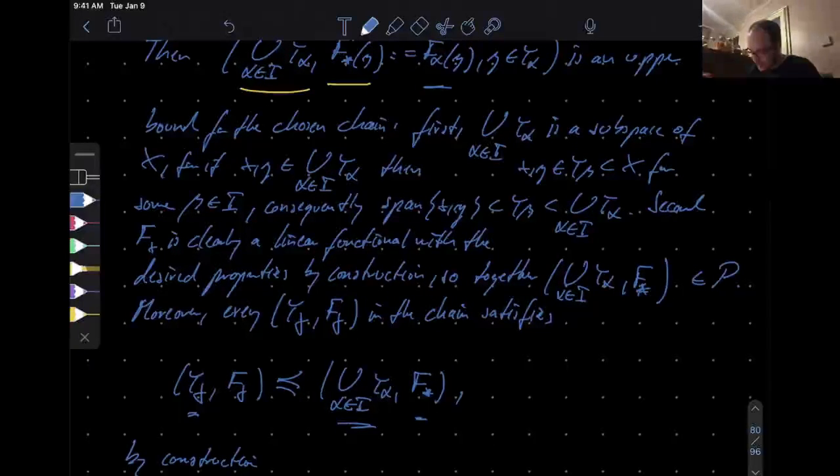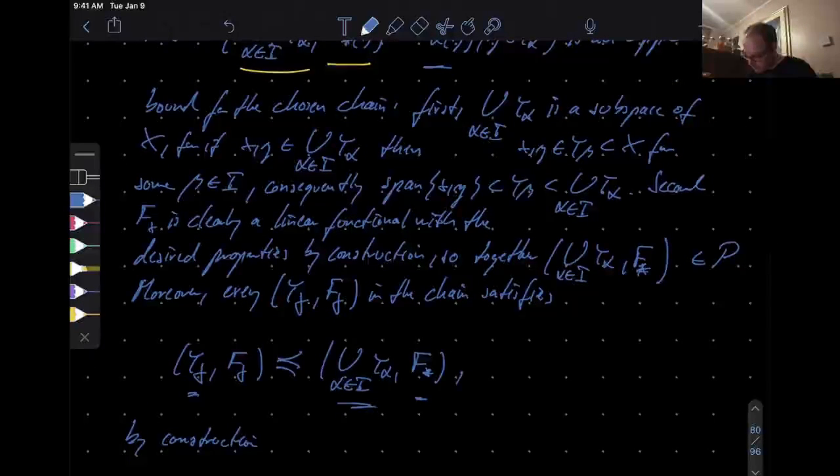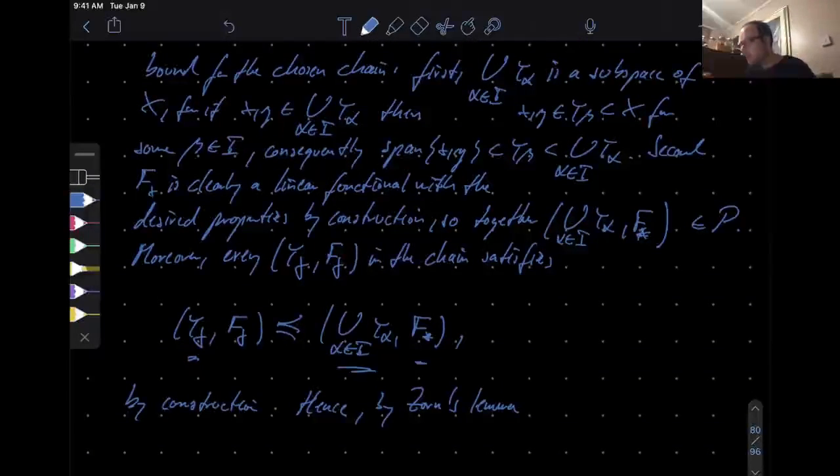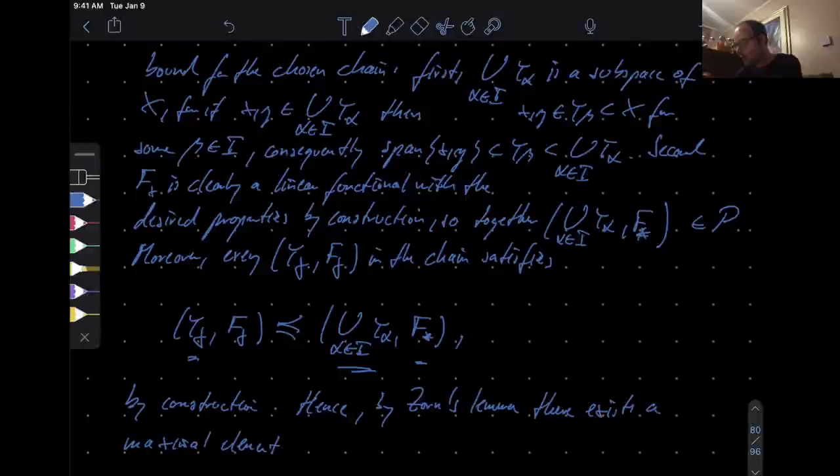So that means this guy really is an upper bound, and so hence, by Zorn's lemma, there exists a maximal element of P, say